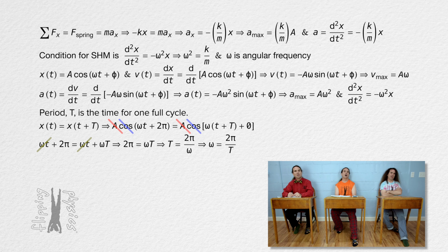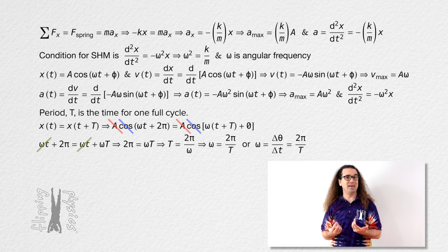Before, we just used angular velocity equals angular displacement over change in time. For one full cycle, that equals 2 pi radians over the period, right? True, but the way I just did it does not use the equation for angular velocity. Okay. Right. And that makes it more clear that omega in these simple harmonic motion equations is angular frequency. Honestly, I do not have a preference of which way you use to determine the equation for angular frequency. I just think it is useful to understand both derivations of angular frequency.